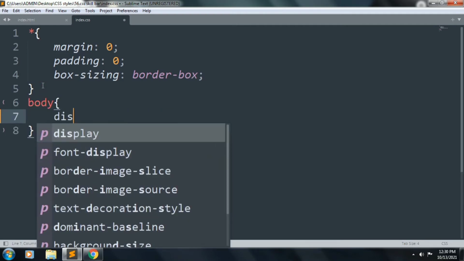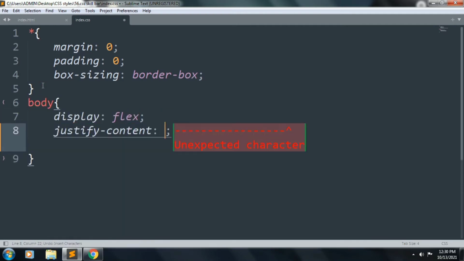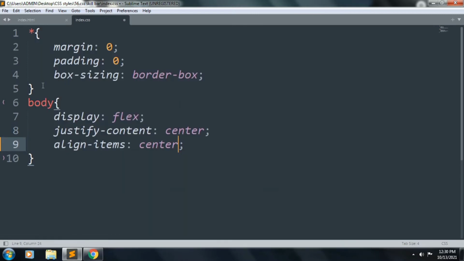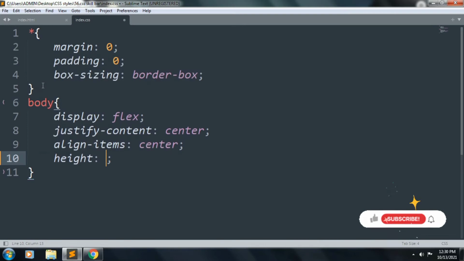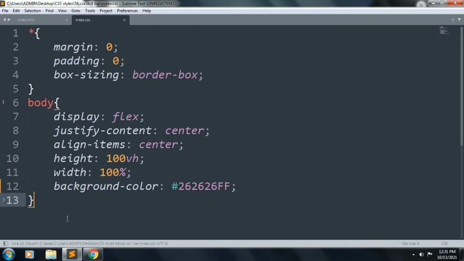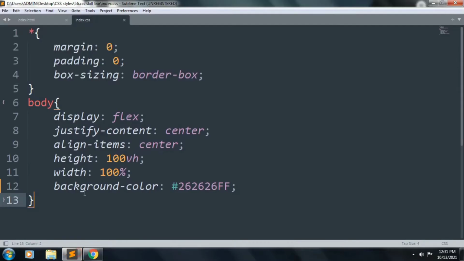Inside this, display flex, justify content is center, align item center, height 100 VH and width 100%, background color #262626FF. Save the file, refresh. Now the background color is okay.